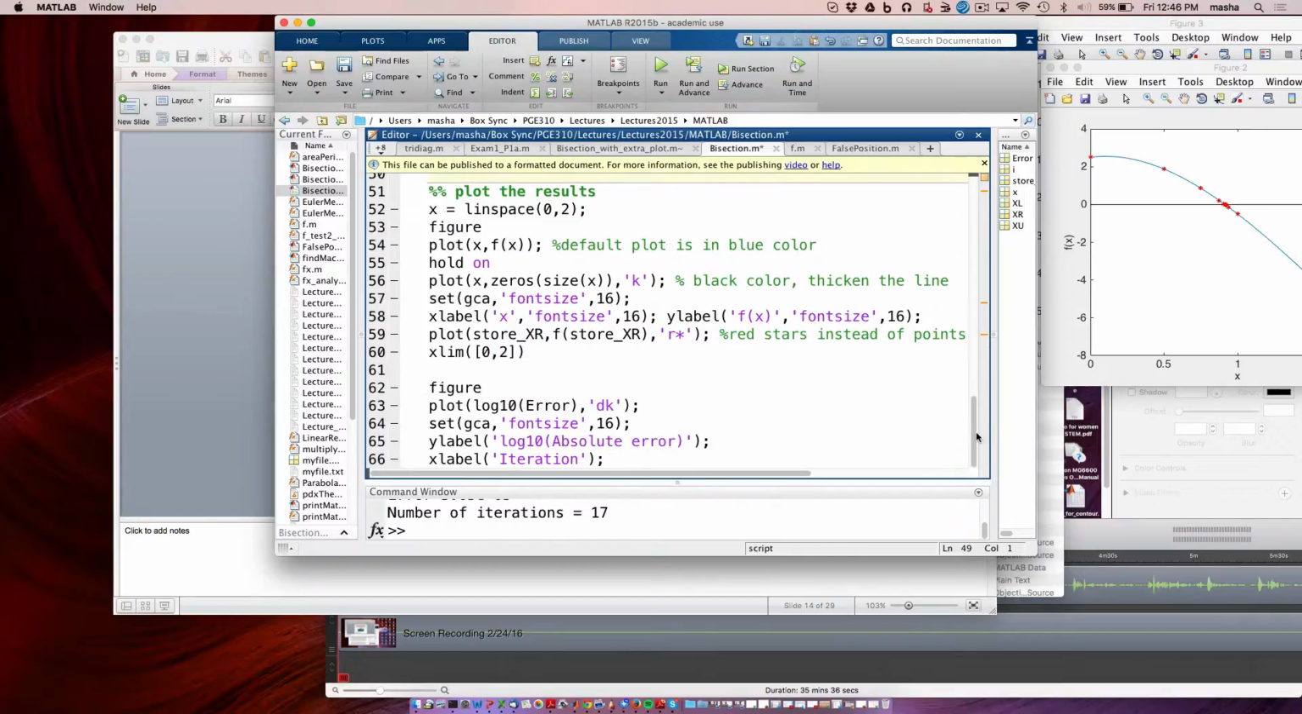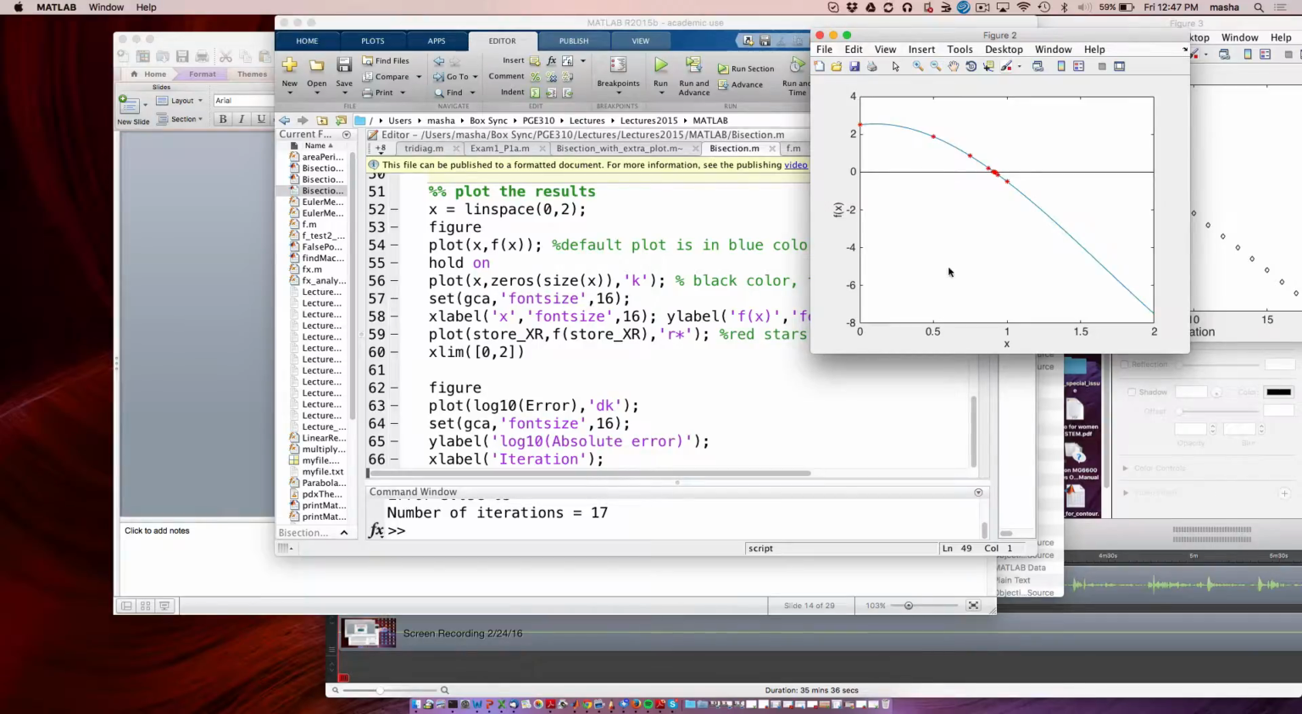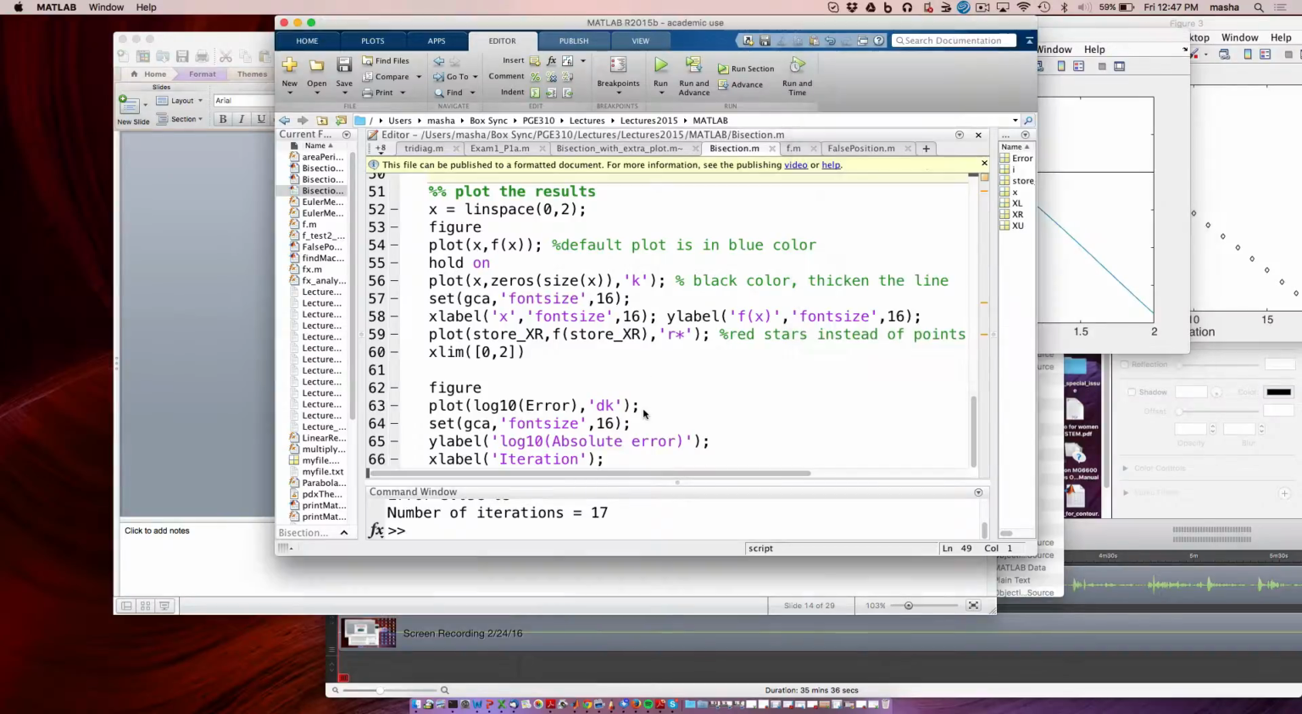And when I'm plotting the results, I was plotting all of this. So this is the function between 0 and 2, and all of these red points is basically where I'm hitting closer and closer to the root. So it kind of ultimately zooms in on this area. And my relative error,